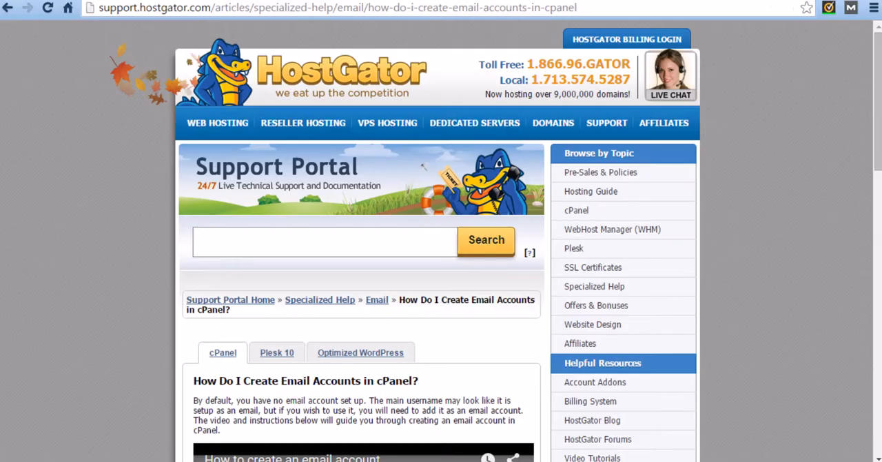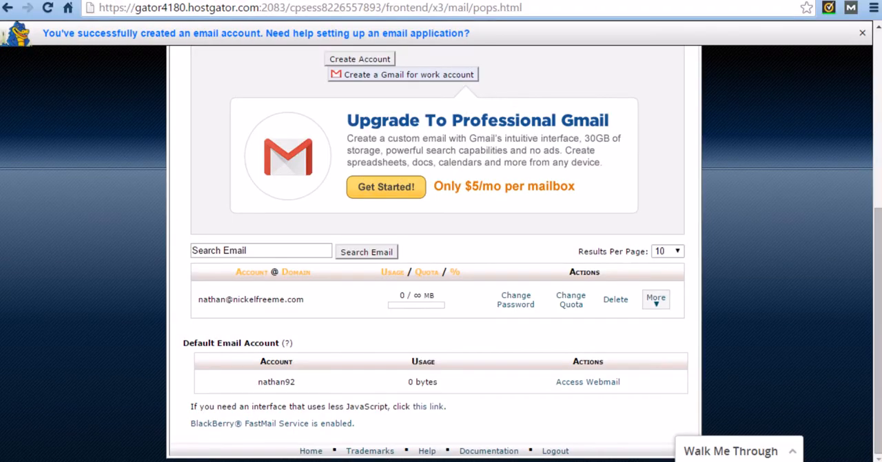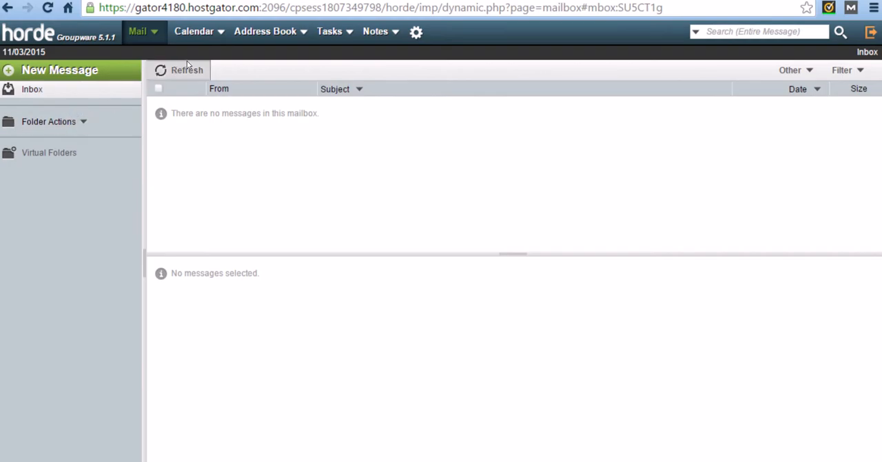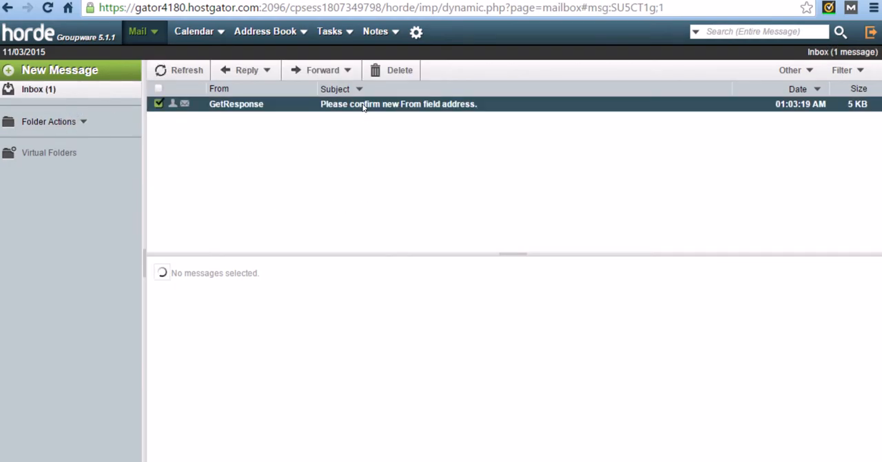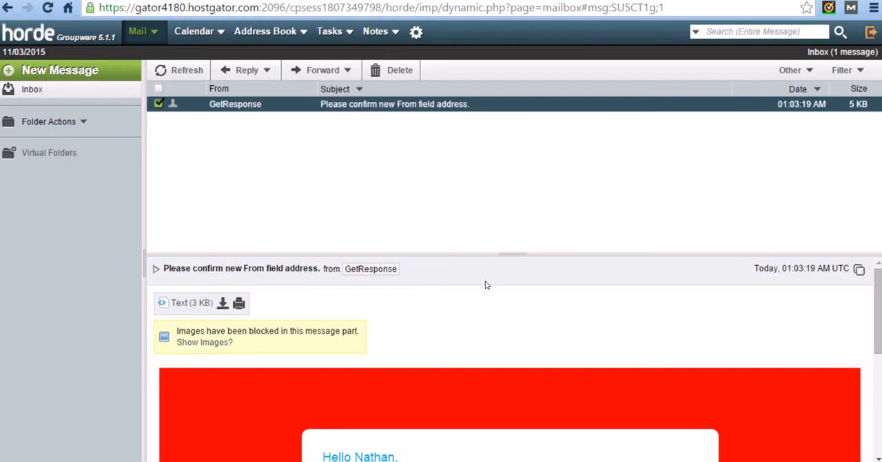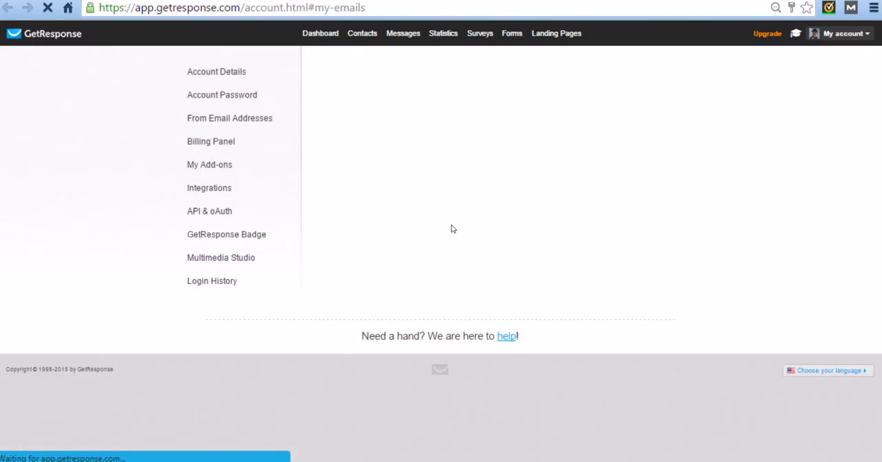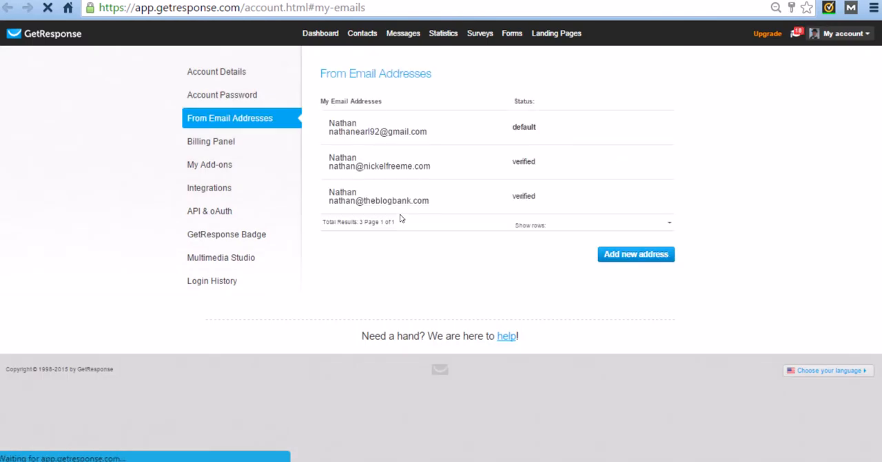So what we're going to do now is go back to the email, whichever tab it was in. Here we go. And then hit refresh. And then you just go in here and hit confirm. And now it should say verified. Awesome. So now you can go back to GetResponse,